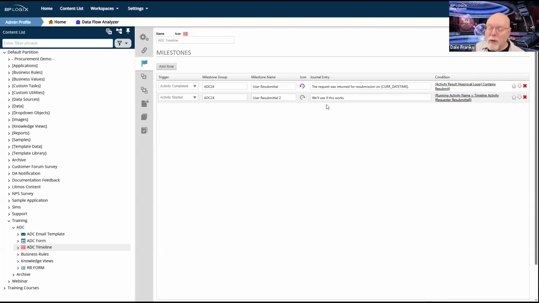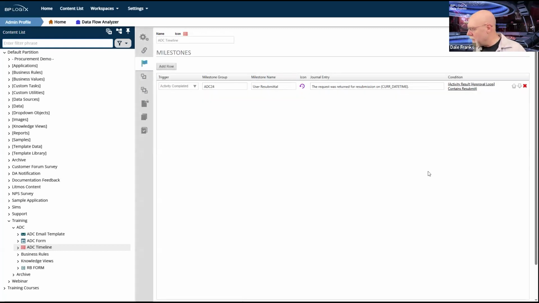So I can do this milestone either way. All that changes is the condition that I'm going to set based on the trigger that I select.